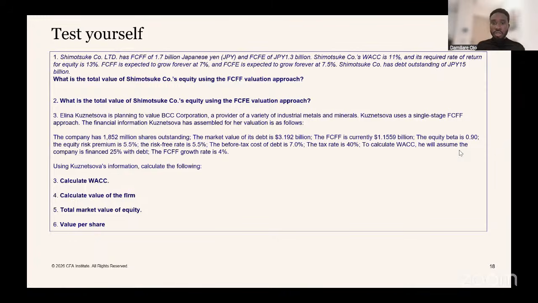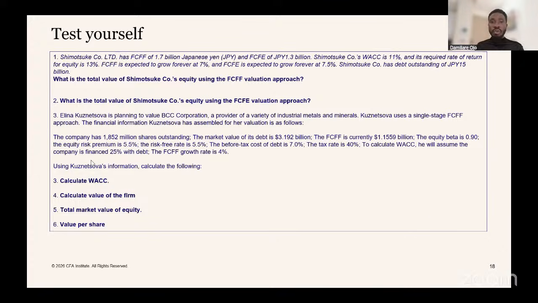So you know how to use your CAPM formula: your risk-free rate plus your beta multiplied by your market risk premium, actually. If you don't have a market premium, or if that's not given, that's why we just use that. But yes, you calculate your cost of equity, and then your cost of debt has to also be the after-tax